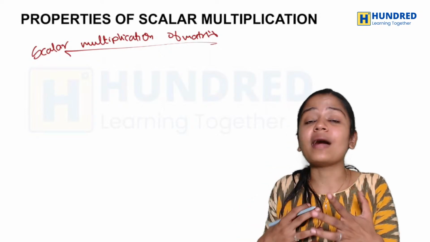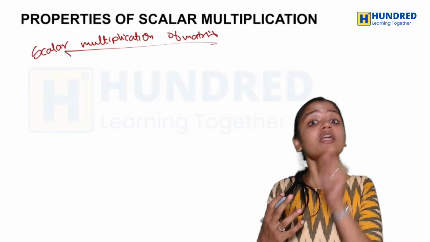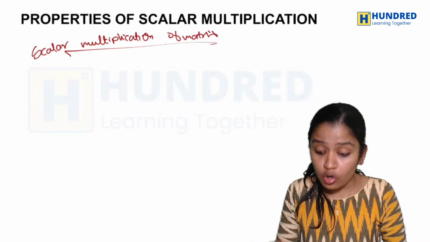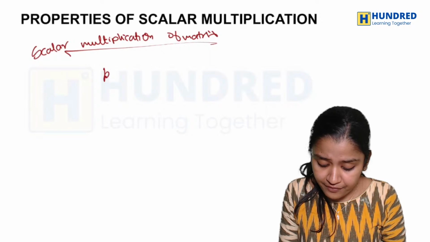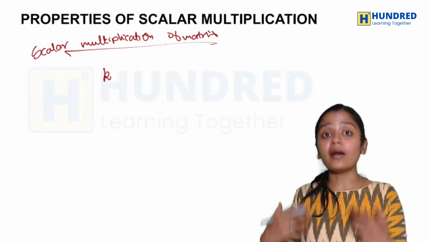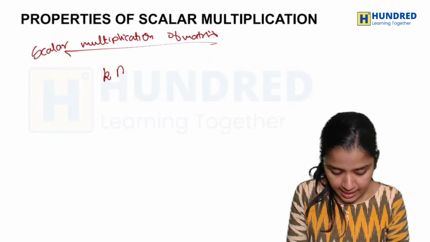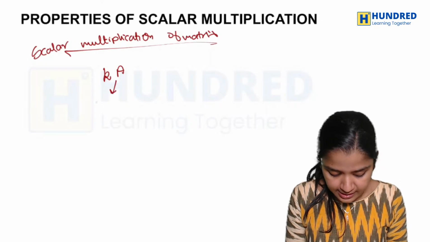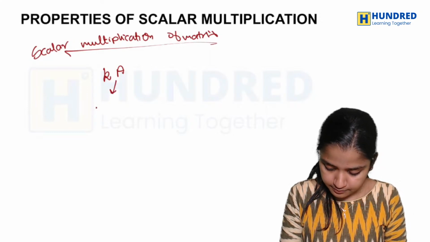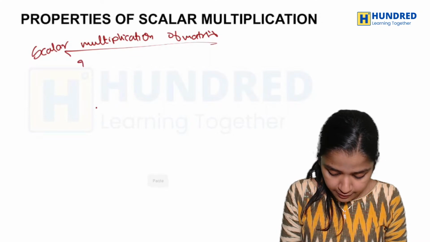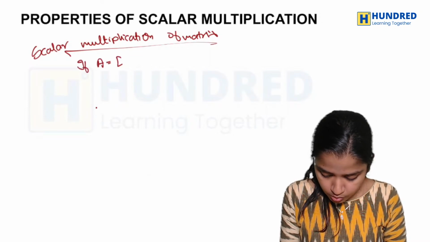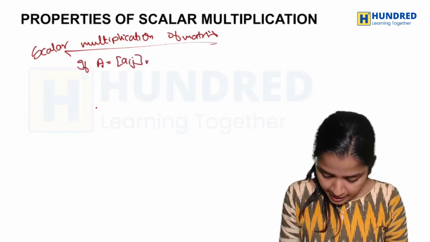You will be multiplying a scalar to the matrix. You'll be having a scalar k. If you multiply that to a matrix A, where A is equal to Aij, m cross n,